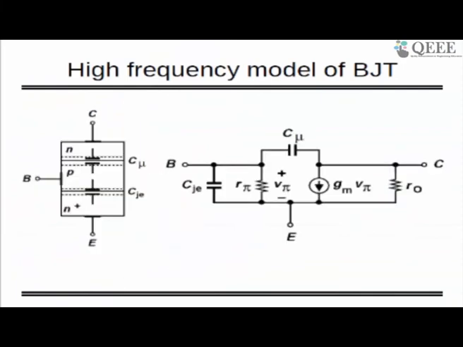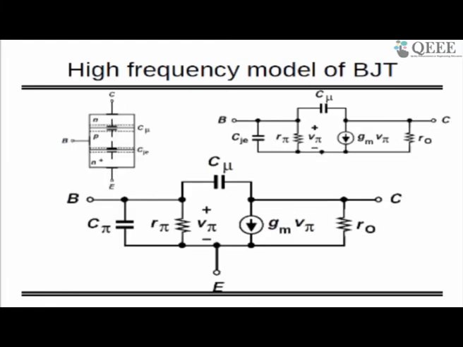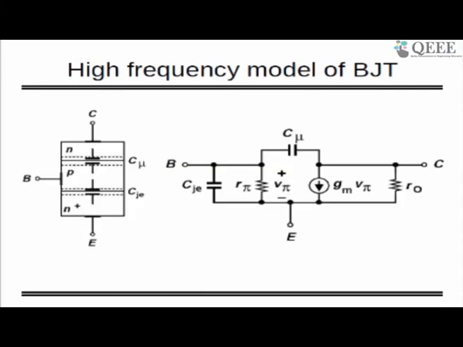Okay, so this is giving you the high frequency model of BJT, and this will be useful to find out the high frequency behavior. This may be sufficient, other things are not possible to cover, but this will give you insight into how to proceed with the high frequency model,